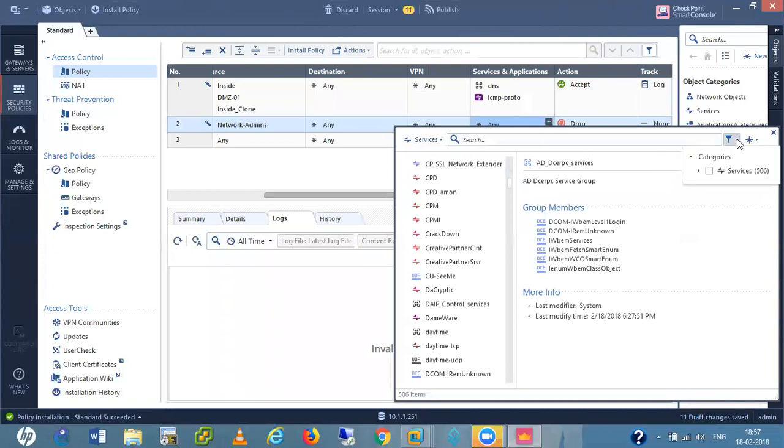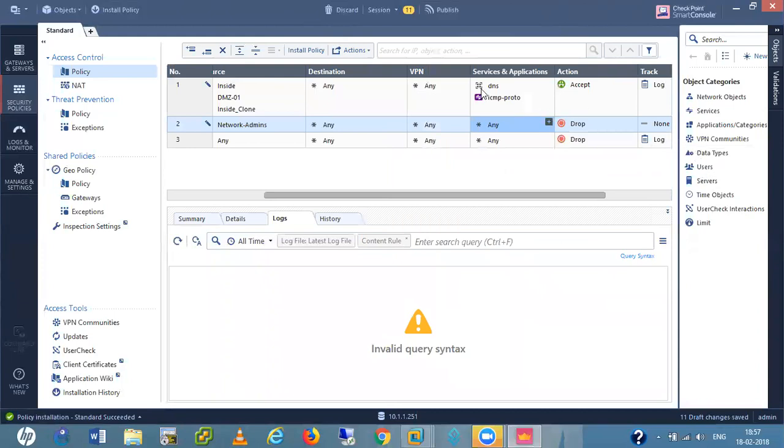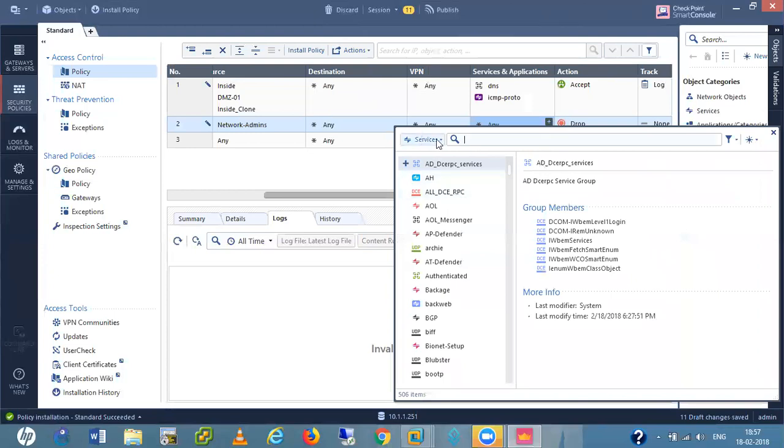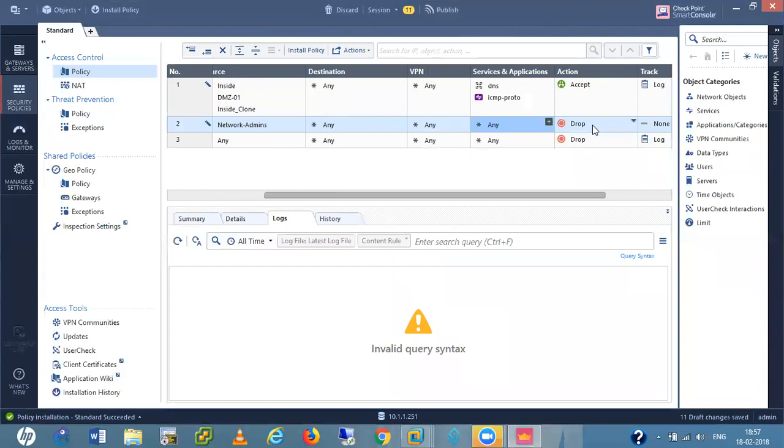Okay, the category services tab is not responding. Let me first give access to all the services.